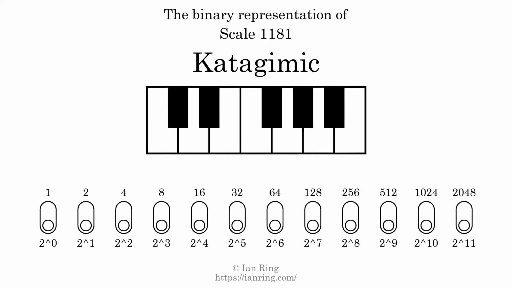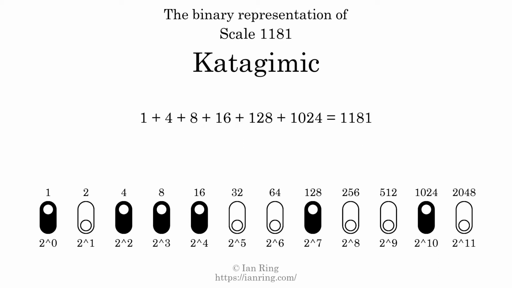The binary representation of this scale is determined by mapping tones of the scale to binary digits. Each binary digit represents a power of 2. To get the scale number, we add the powers of 2 together. The powers of 2 that are present in the scale, all added together, equals 1181. That is why the scale number, in decimal, is